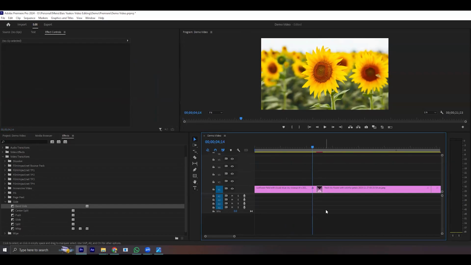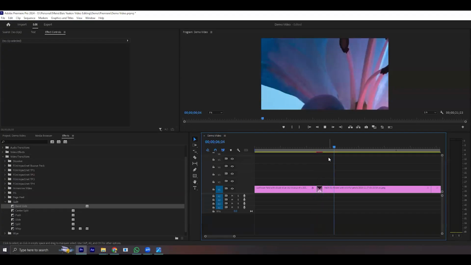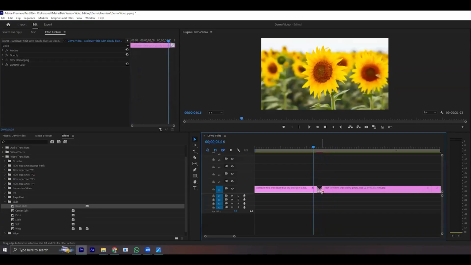What's going on here is as follows. The computer is trying to play your video. The harder it is for the computer to play the video, it's going to put a little red line on top of that piece of the video to tell you it might not play smoothly. For instance, okay, that time it played pretty smoothly, but